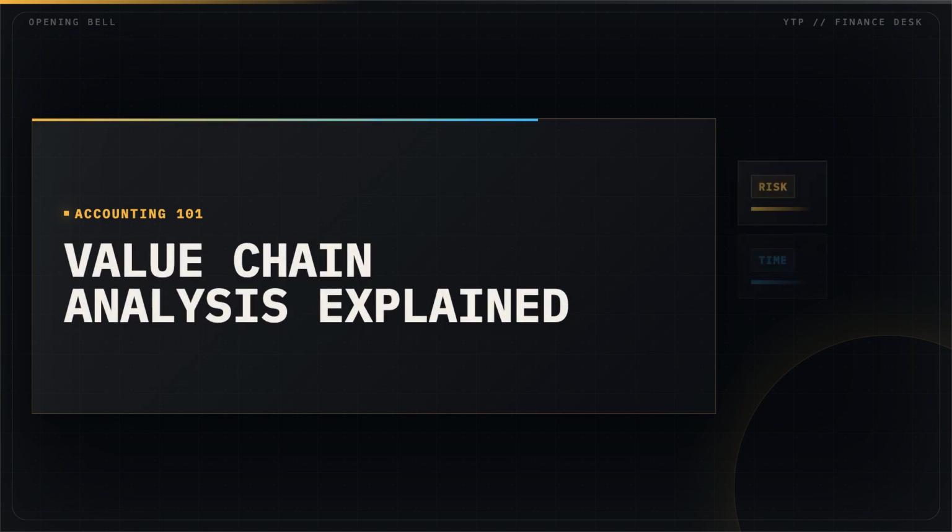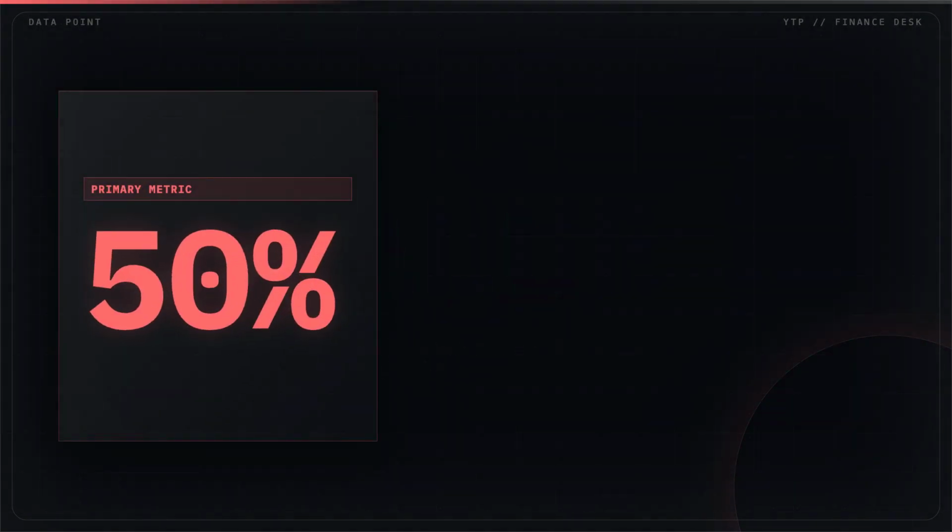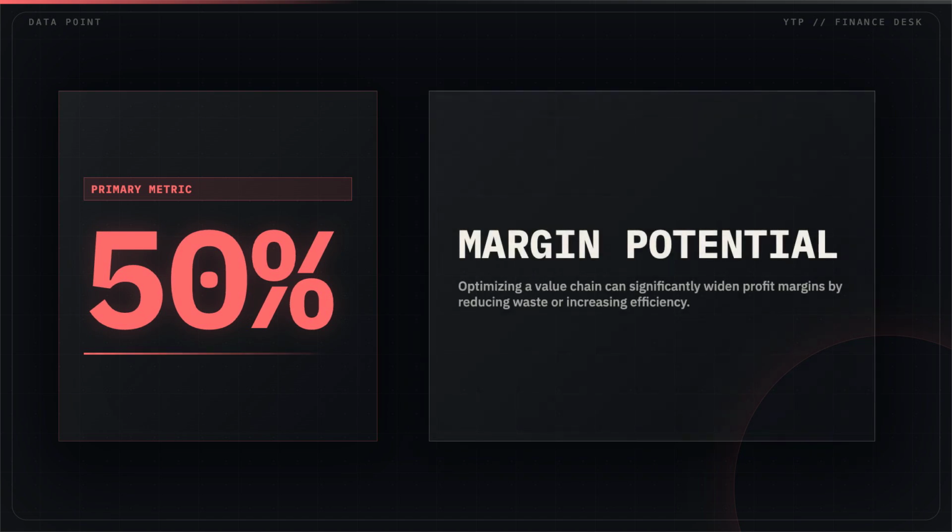Value chain analysis is a strategy tool used to understand how a business creates value for its customers. Let's break down the process. At its core, value is simply the gap between what a customer is willing to pay and the cost of delivering that product. By auditing every step of your operations, you can identify hidden costs and find ways to boost